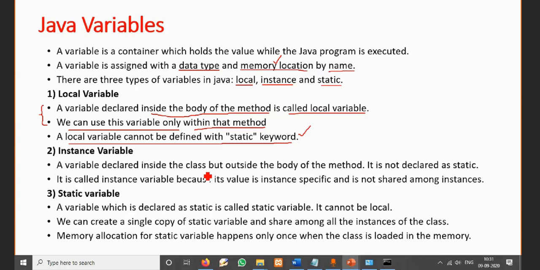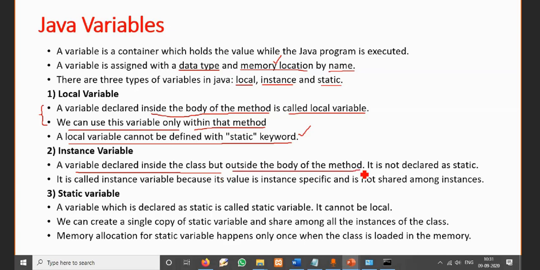The data members that we define, all those variables we call instance variables. So an instance variable is declared inside the class but outside the body of any method, and it is not declared as static.